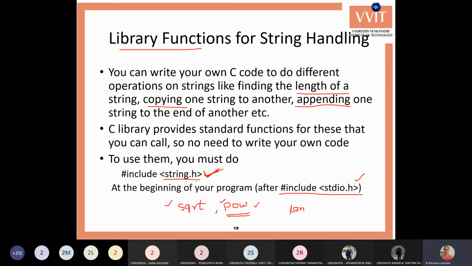We'll see what different functions are there in the string.h header file. Note down: library functions for string handling.